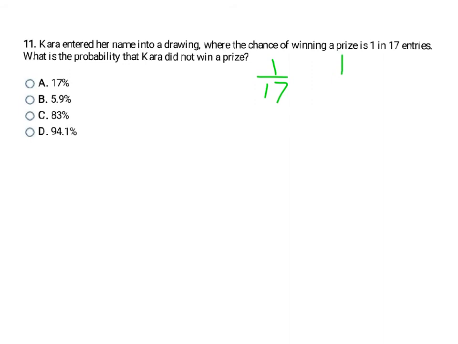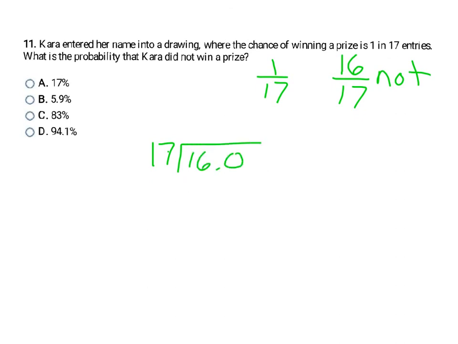So that means if I subtract that from 1, she has a 16 out of 17 chance of not winning. So to find that as a percent, I'm going to have to take 16 divided by 17. And when you work out that division, you end up getting 94.1%,